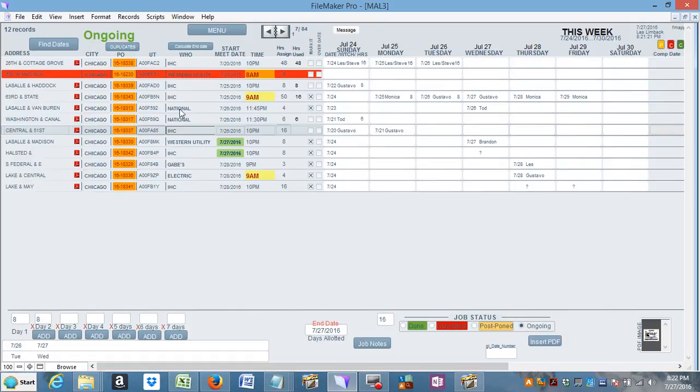Another thing that I've added is, let's see if I've done all of these. This end date, if it's like a couple of days or 4 days or 6 days, instead of looking at a calendar, you just click calculate end date, and it will give you how many days this thing is supposed to happen. You can look at all the postpones, all the canceled, and all the completed by clicking this, and it'll instantly show all those